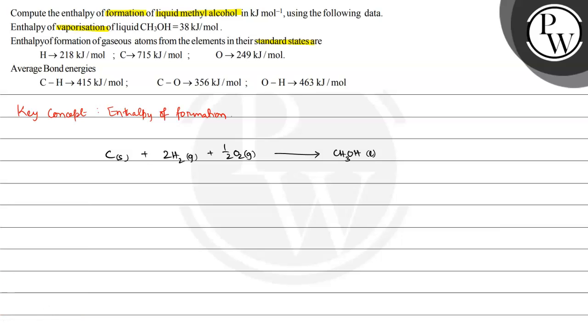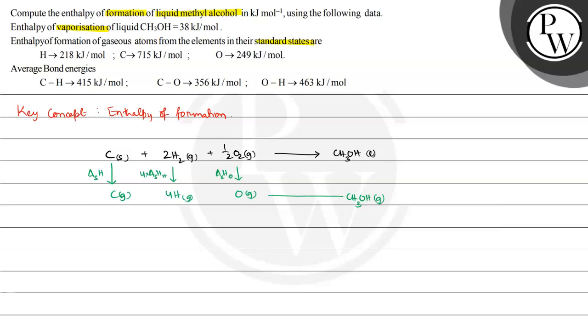So the steps involved are: first, carbon gets converted to carbon gas with the help of this heat of sublimation, delta SH, plus 2 hydrogen get converted to 4H, and इसके लिए जो energy होगी that is again heat of atomization, that is delta SH for hydrogen, and here we have oxygen gas, और इसके लिए भी जो energy होगी that is this one, delta SH for O, और जो हाइड्रोजन है उसके लिए 4 मल्टीप्लाई होगा इधर. Now these combine to form